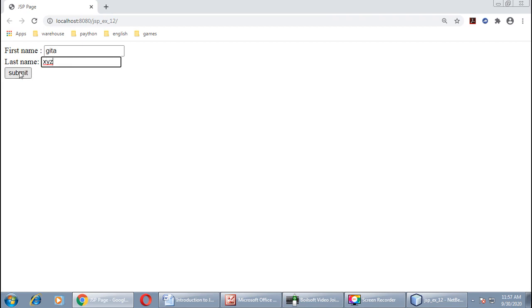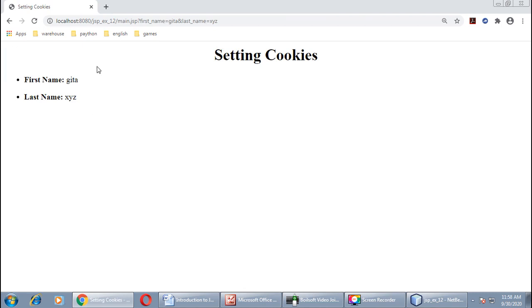Click on submit button. This time we are running our index.jsp page. By clicking on submit button, we will move on to main.jsp. Here you can see it is running main.jsp, and we have two cookies with names Gita and XYZ.